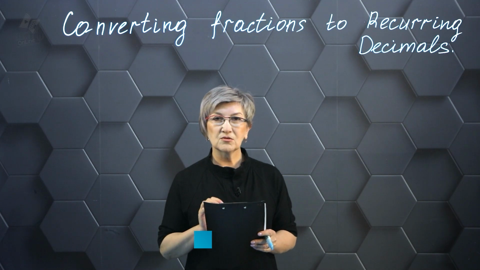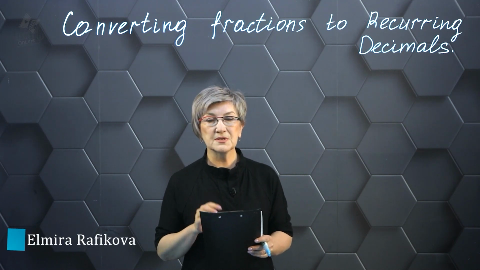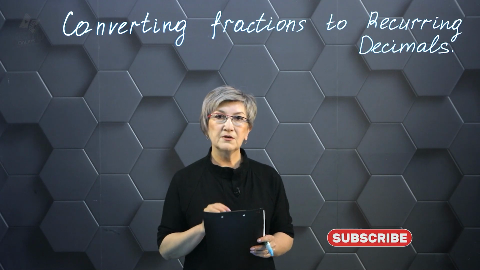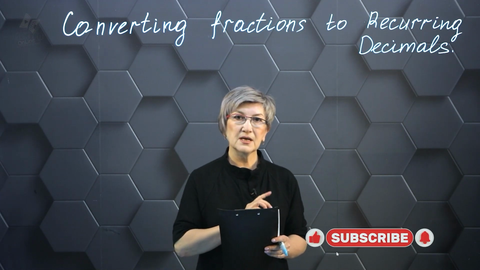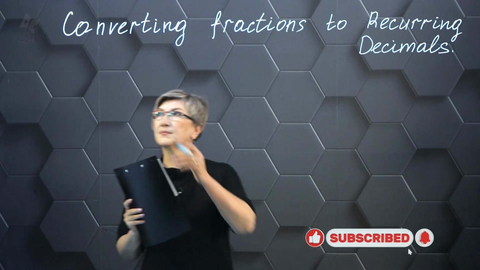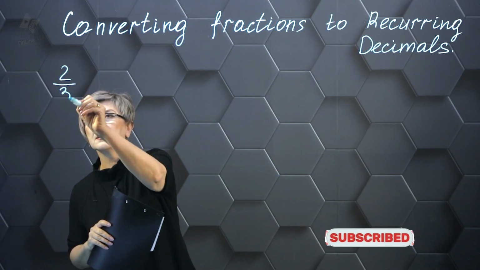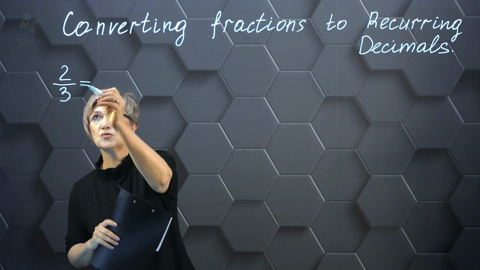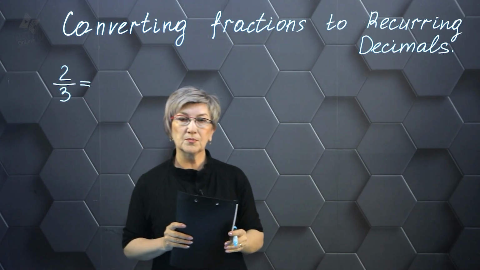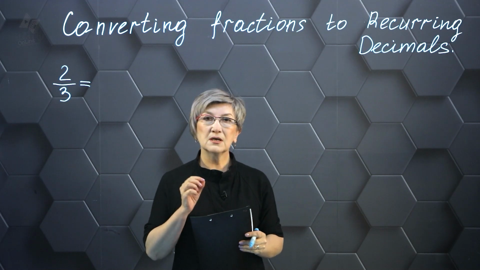Hello! In today's lesson, we will solve examples in which we write a fractional number as an infinite decimal periodic fraction. Let's write down our examples. Our first example. The fraction is 2/3. In order to write this fraction as a decimal fraction, we have to divide the number 2 by the number 3. If we've seen this fraction in the examples, we've done the action,